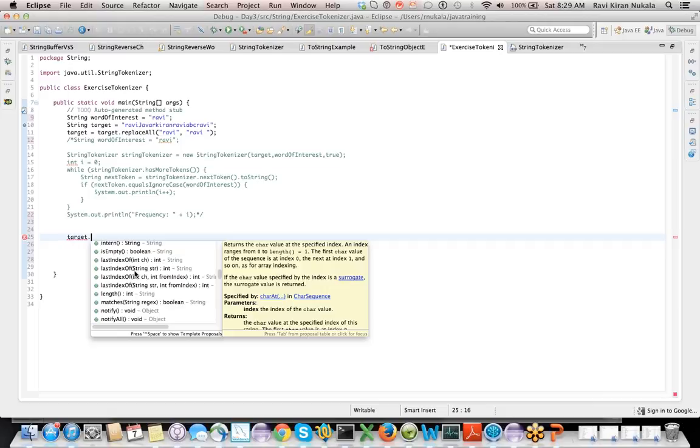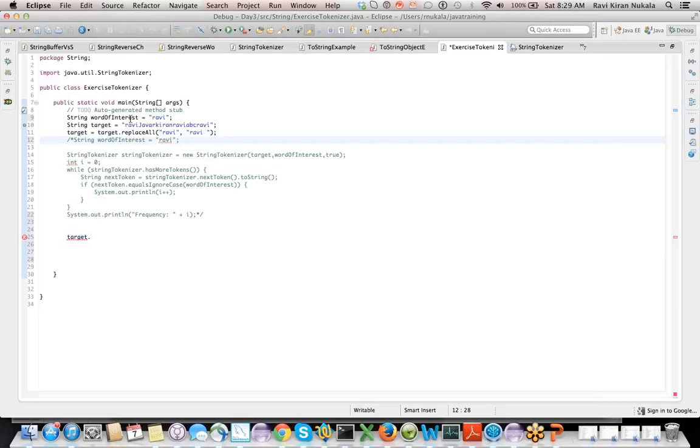You can say whether this Ravi exists in the target or not using contains. If it is, then it is 1, but you can get only once, you cannot get more than once.